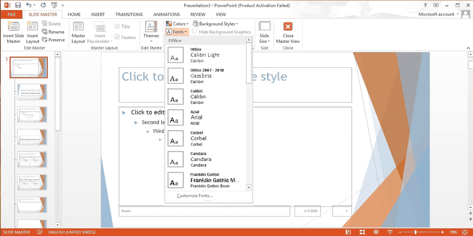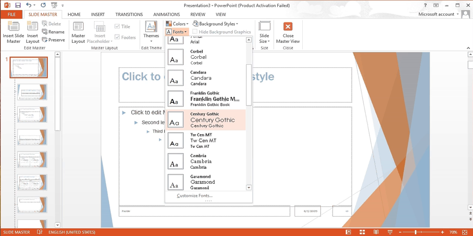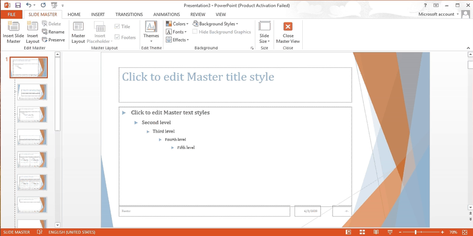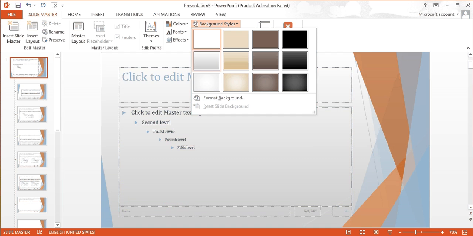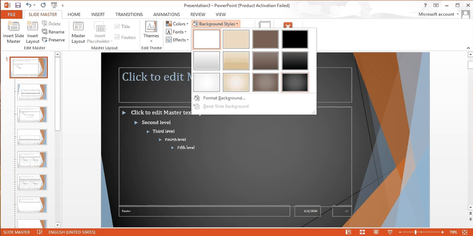And from here in fonts you can select the fonts according to your choice, like I have selected these fonts. Then the backgrounds: which background you want to give behind your text is also up to you.